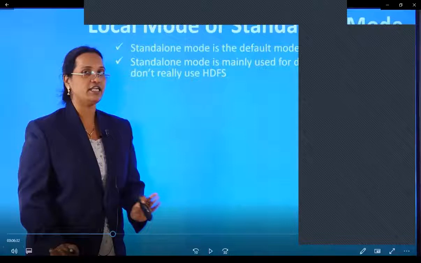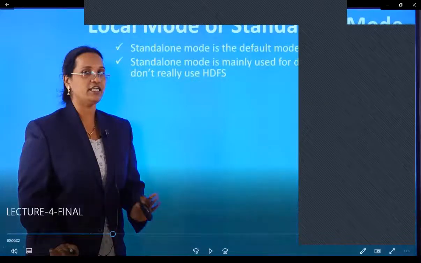I am just making you recollect what we have discussed earlier. We have seen the daemons of Hadoop. Hope you remember them: name node, data node, job tracker, task tracker, and secondary name node.